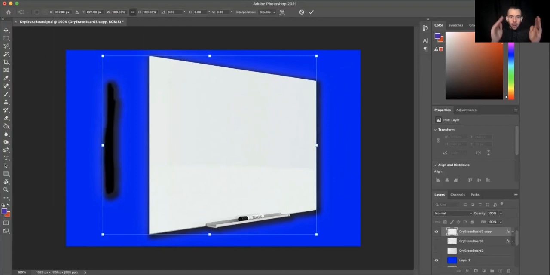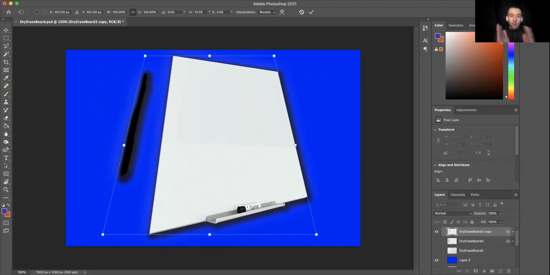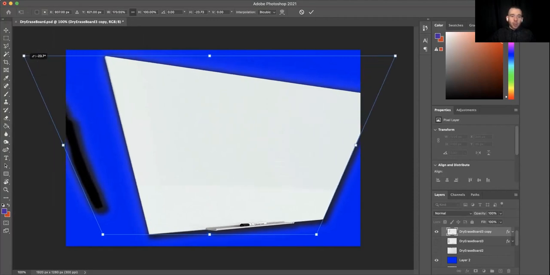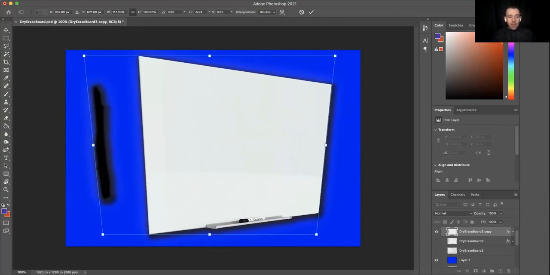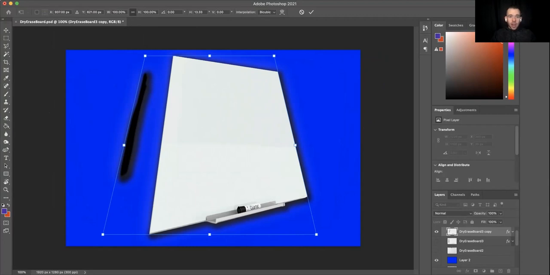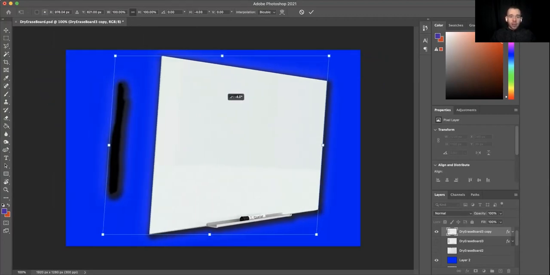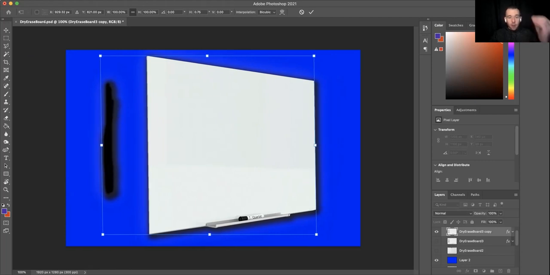This is what I thought I was doing earlier when I said scale. It keeps it within the confines of perspective. So if I grab this and I pull it together, it'll make it look perspective. If I grab it and pull it back out, I can make it look like it's a much wider perspective, right? If I just grab the top, I'm going to undo that. If I just grab the top, it will only make it go left or right. It'll change that perspective either way. If I want to make it shorter or taller, then I have to grab the side or grab the corner,